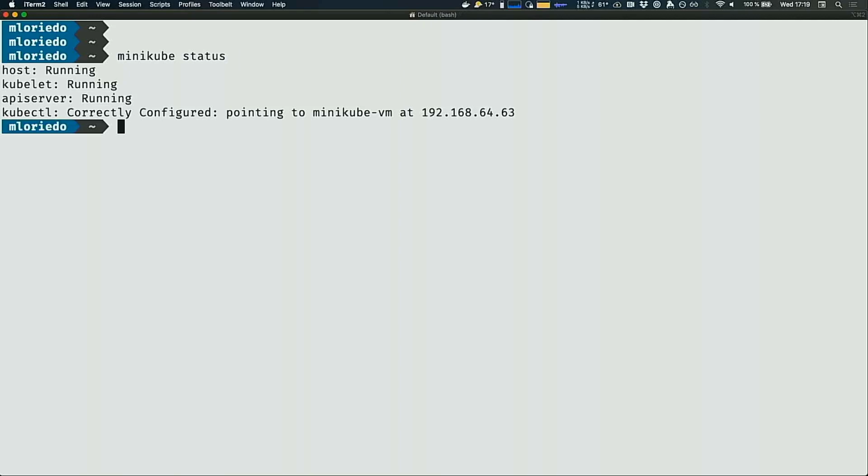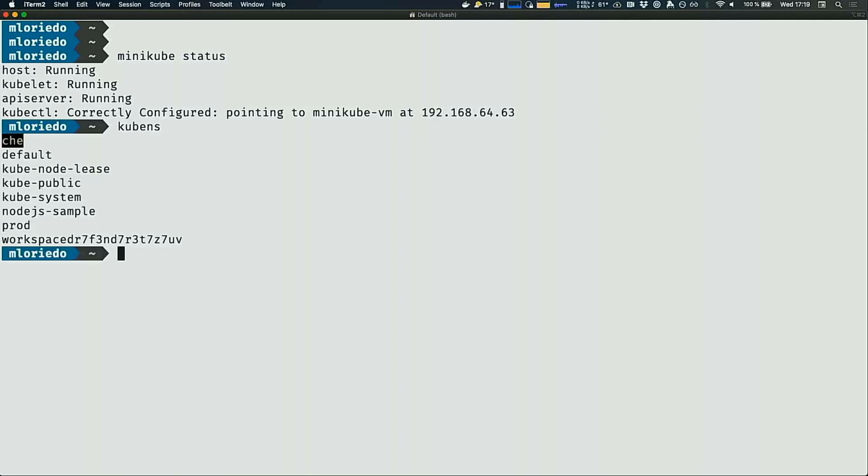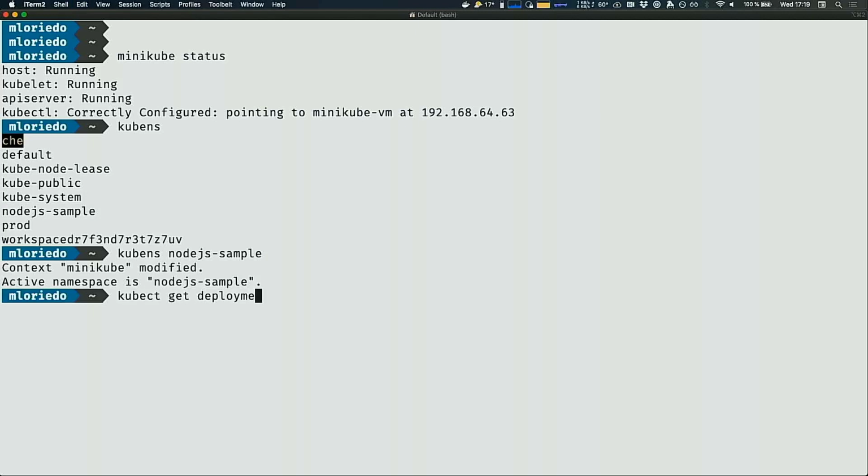Let's see if I go to the namespace where the application is deployed, is here, and I do kubectl get deployment.